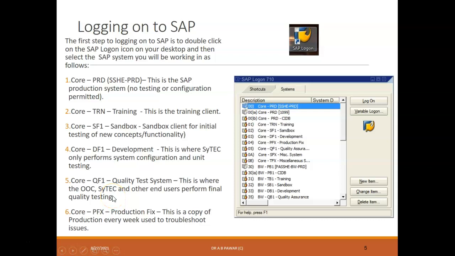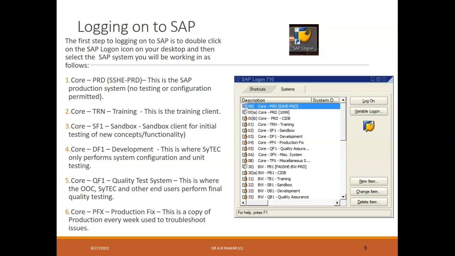If you observe carefully, these systems are for the different operations in an organization or business cycle. When the production is carried out, we need to do the quality test. Then where should I move? You have to go to Core QF1. Suppose there is some issue in the production system itself, some bugs or troubleshooting is required, then where do I go? Core PFX. You will get more ideas on this, but today let us have it in short.